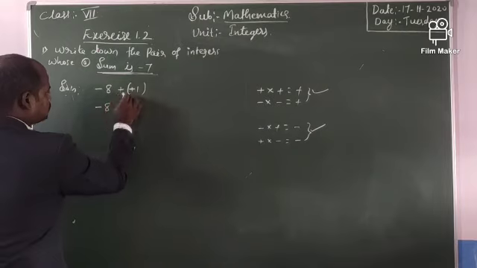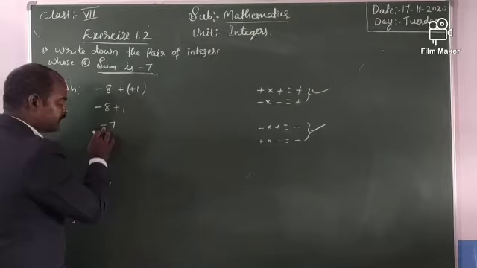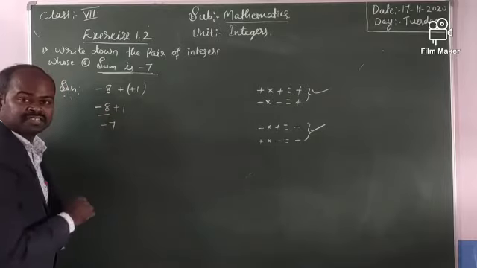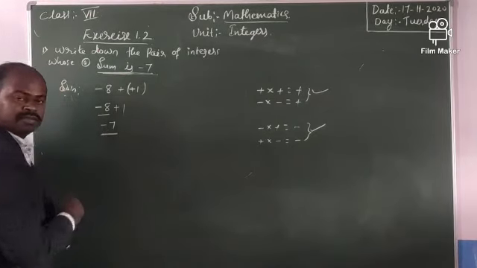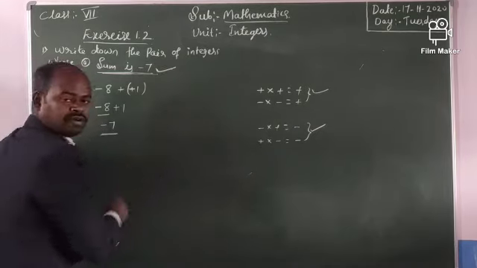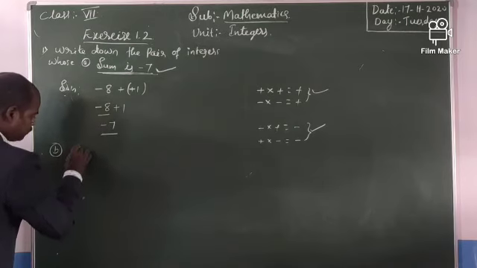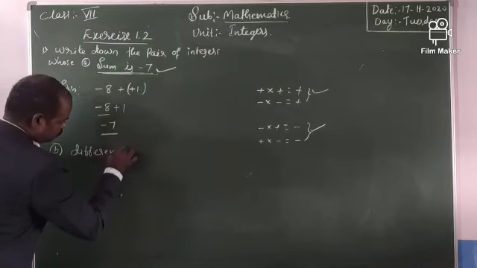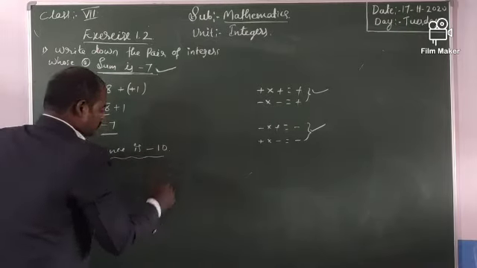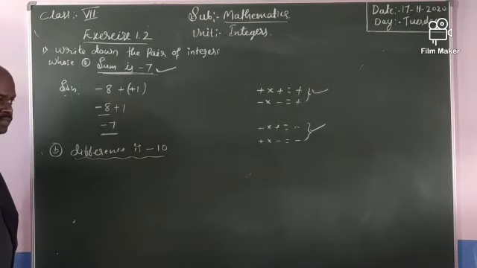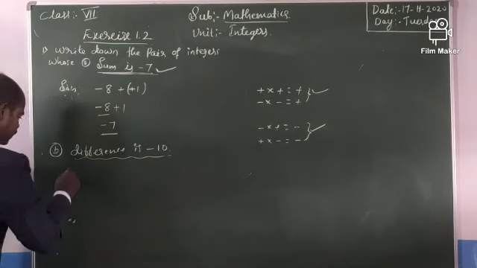-8 right as it is, plus into plus, plus: -8 plus 1 is -7. Why do we write minus here? Because -8 is the greater number. So if we add 1 to -8, the answer is -7. We got our answer. Okay, let us see the next problem, that is a pair of integers whose difference is -10. See children, when we have difference, we have to subtract. Solution.